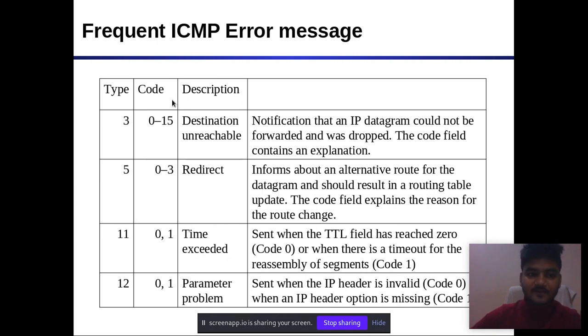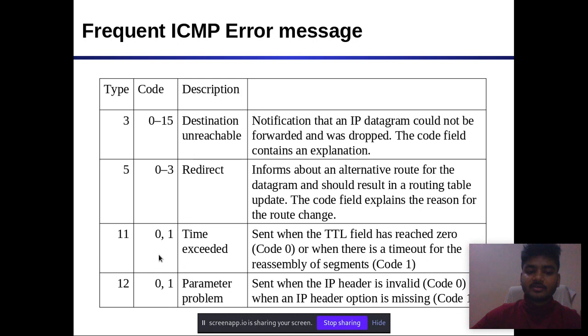For example, if type is 3 and code is between 0 to 15, that means the destination is unreachable. It notifies that the IP datagram could not be forwarded and was dropped. Here is the code field content and explanation. Let's take another example: type is 11 and code is only 0 and 1.